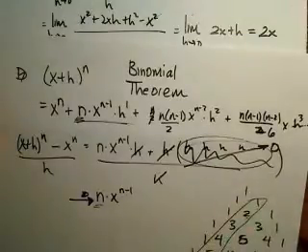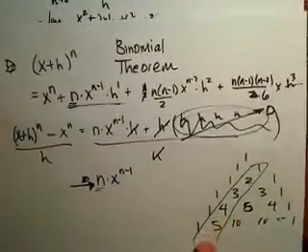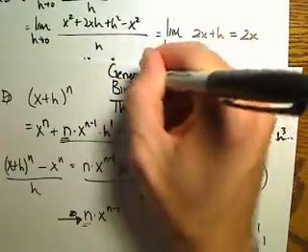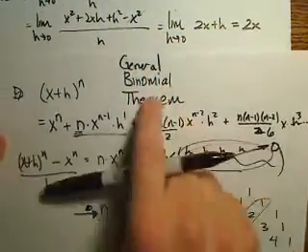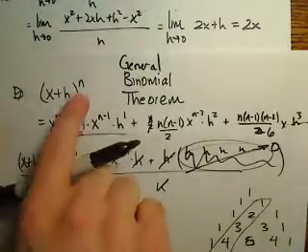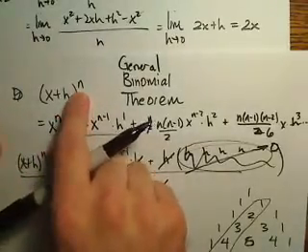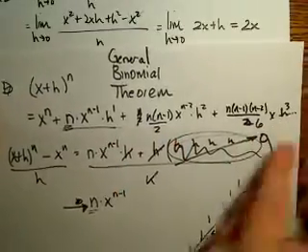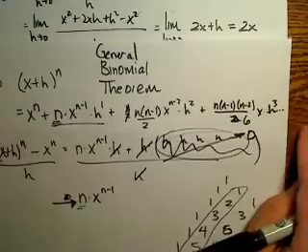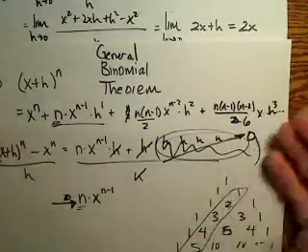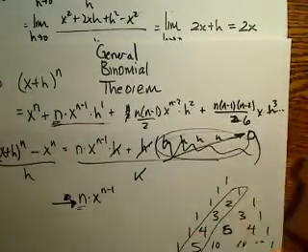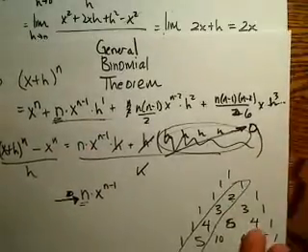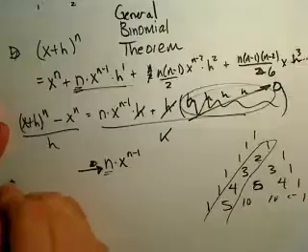This Pascal's triangle argument works for positive whole number n's. But Newton had this wonderful theorem called the general binomial theorem that actually says, well, you know what, this will still work when n is a fraction. And it'll still work like this. Now, the issue is that this will actually keep going off to infinity. It won't actually stop if n isn't a whole number. It won't stop at x to the 0, h to the n. But good enough. They all have lots of h's in them. They'll all go to 0. And so what we get is our power rule